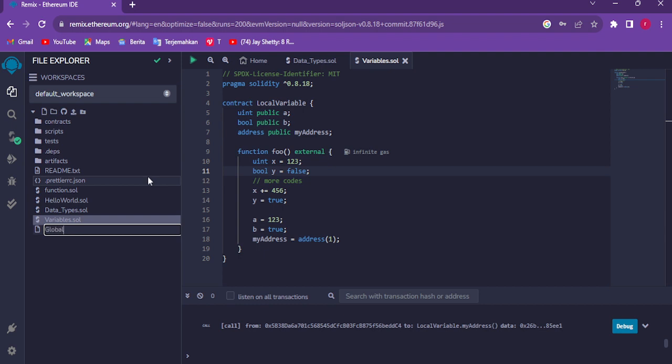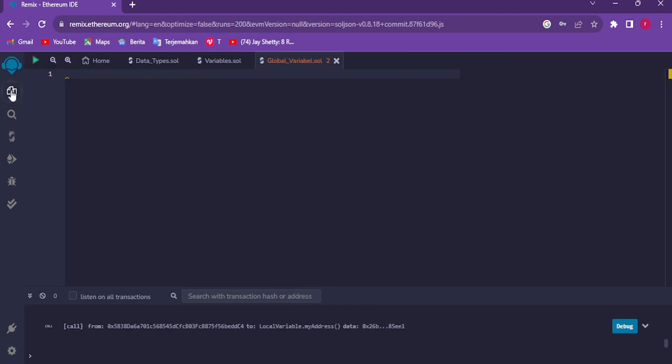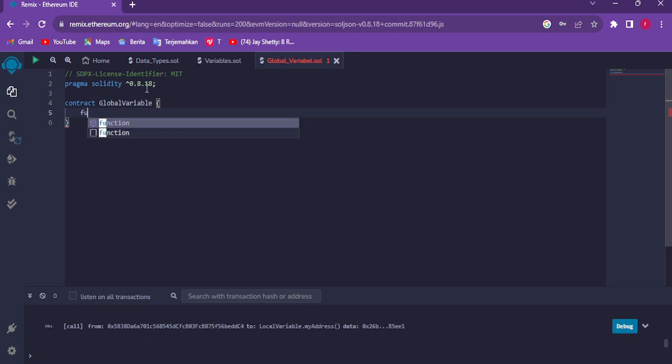Let's just create another file right over here, global variable.sol, and then as usual we have to create the license first. SPDX license identifier MIT over here, and then pragma solidity caret 1.8.18 semicolon, and then create the contract with the name of global variable, and then open up the curly brace, and then create the function